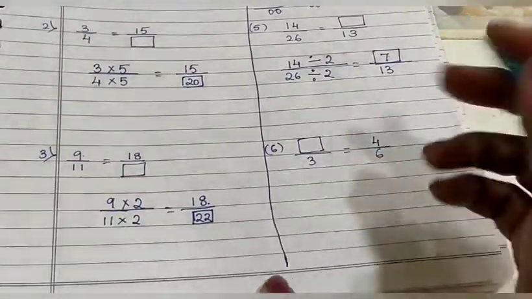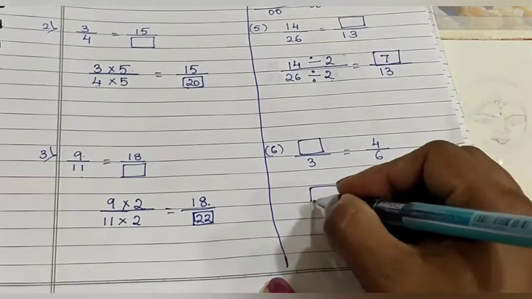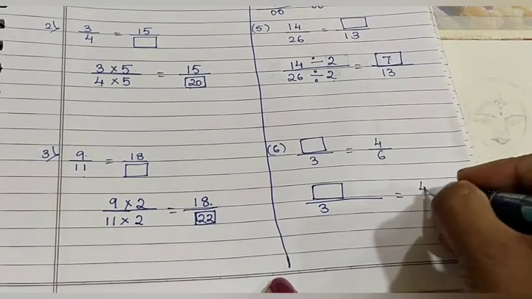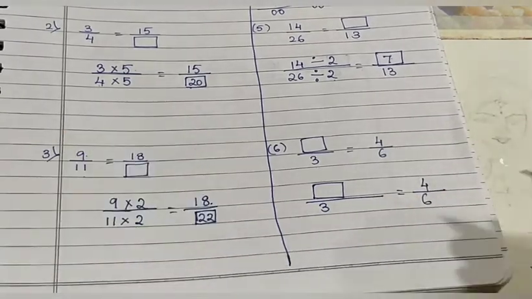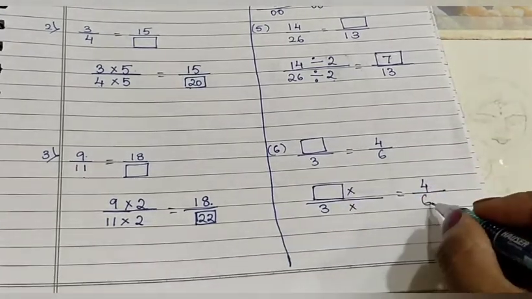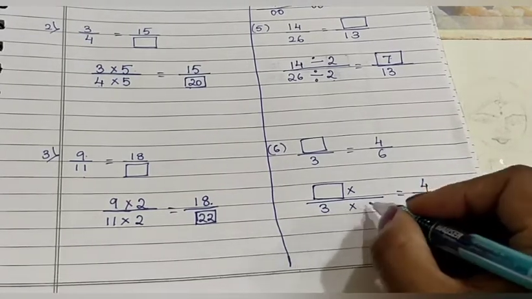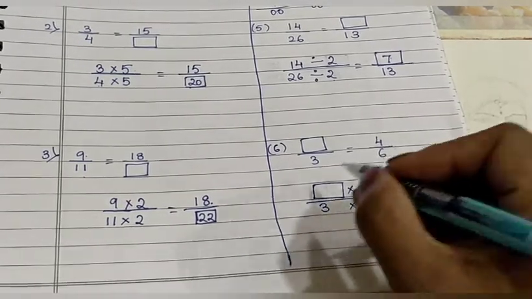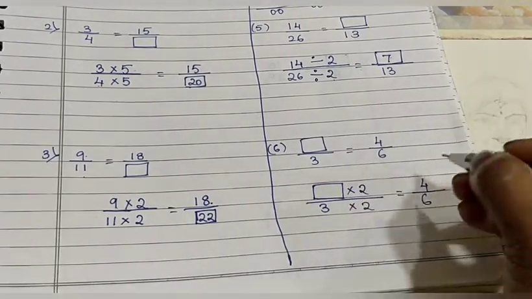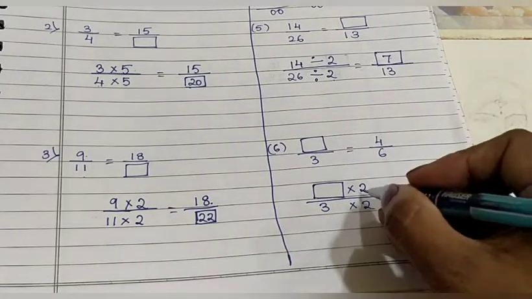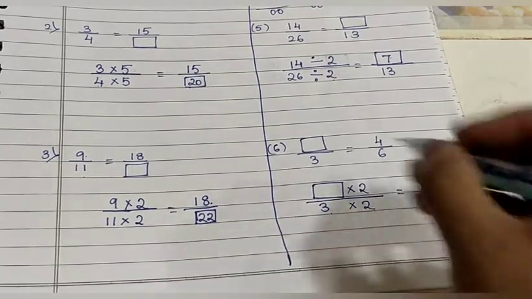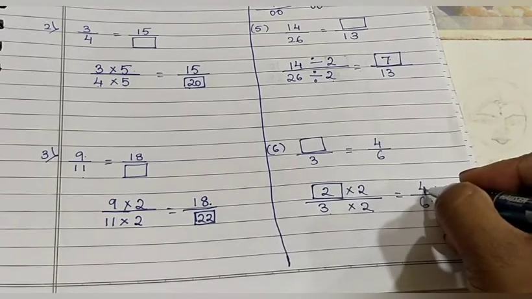So whichever way you want. Now this sum. Which side is the number big, children? The other side. So let us see. Here you will multiply. See, the right side numbers are big. So 3 twos are 6. Okay? And when you multiply with what will you get 4? 3 twos are 6. 2 twos are 4. Right, children?